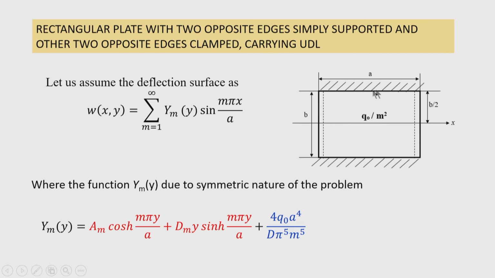So, the plate is symmetrical about the x axis, that you can see here, and these two opposite edges are simply supported, x is equal to 0 and x is equal to a, and the other two opposite edges, y is equal to 0 and y is equal to b, have the same conditions at the boundary, and those conditions are clamped. Clamped conditions are very common in the case of plates, because in the case of a steel plate we weld the plate to the component, maybe the flange of a column or the web of a girder.